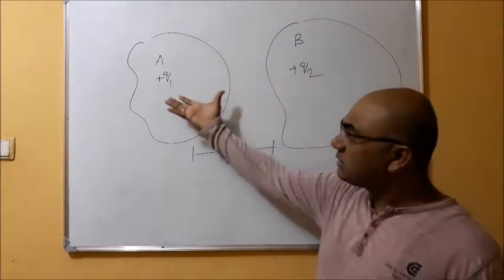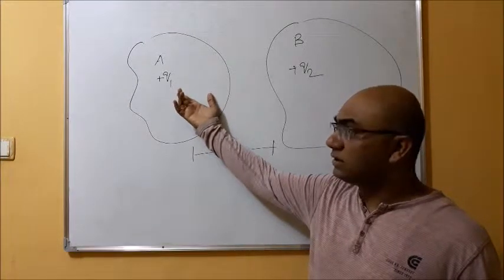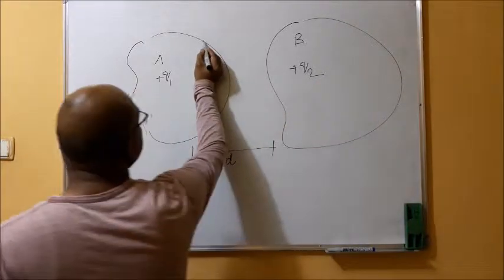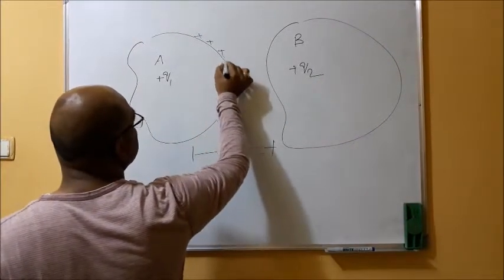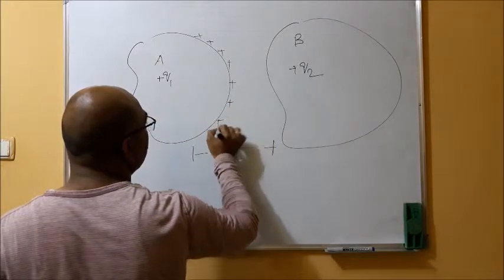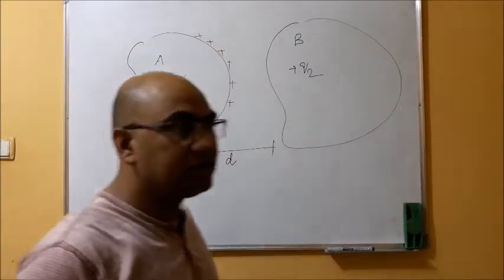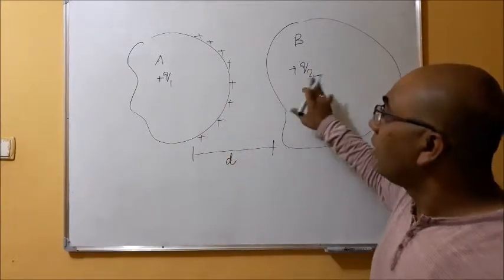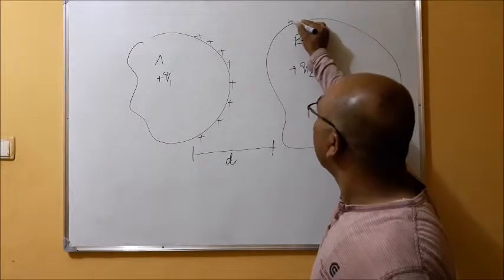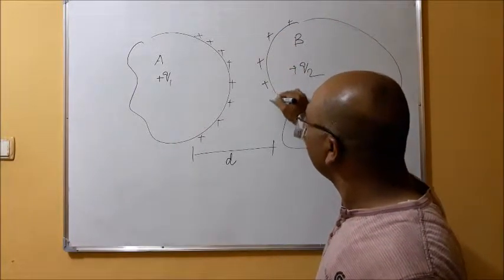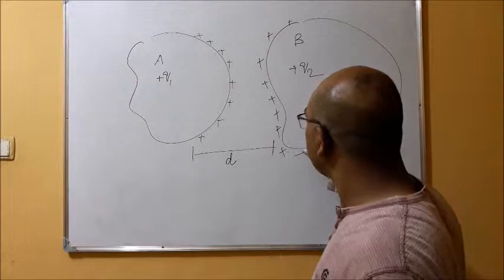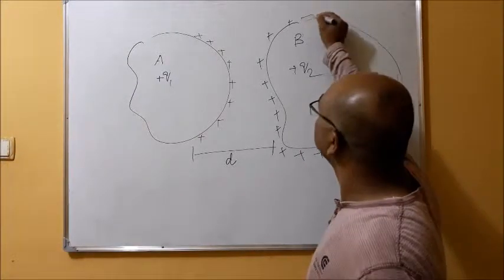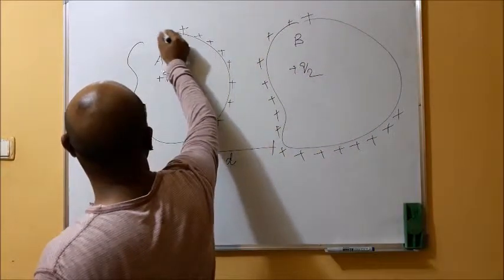Now, if this metal or this conductor has a charge Q1, what will happen? The charge will appear on the outer surface. This we have studied, that whatever charge any metal body has, it appears on the outer surface of the metal. Similarly, the charge on the surface B will also appear like this. Okay. So, you see,